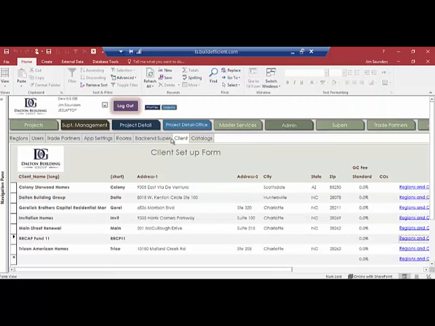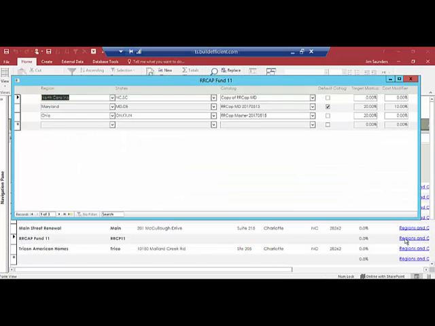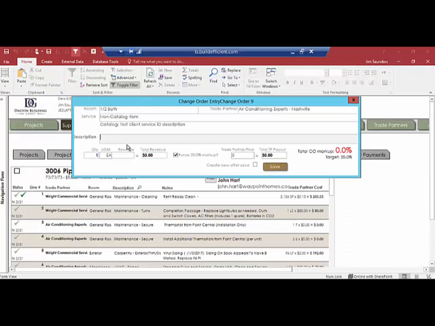I'm in admin, clients, and under RCAP Fund 11, I'm going to regions. And you can see we were on this region. Target markup is 20%. Just for illustrative purposes, I'll just leave that as it is. So back on a non-catalog item,